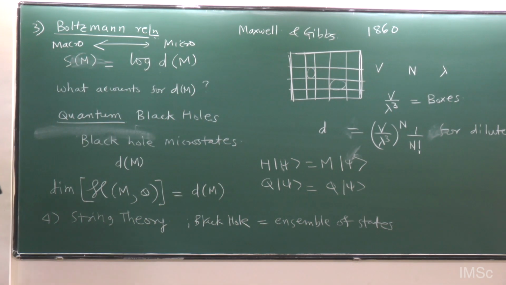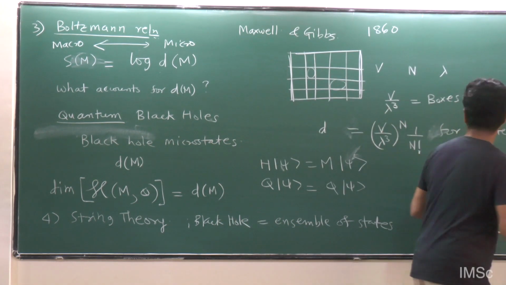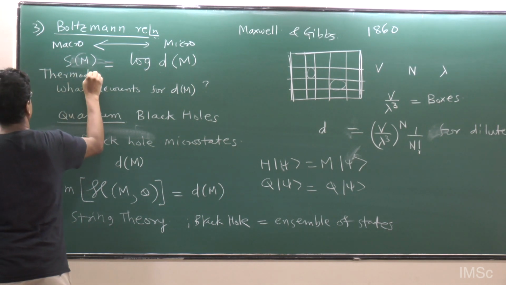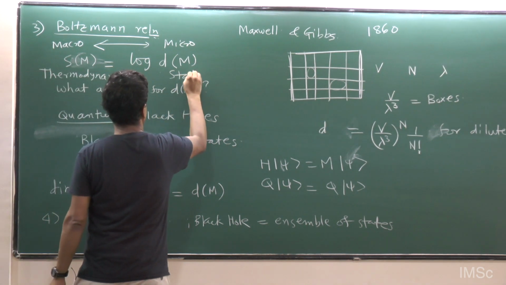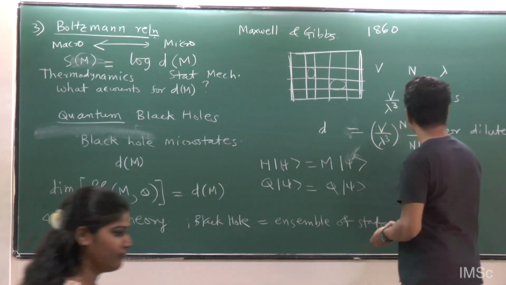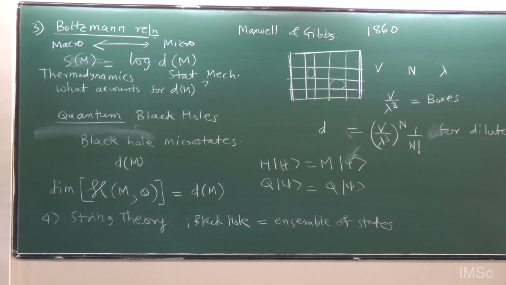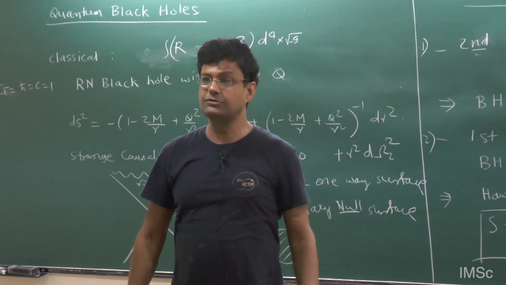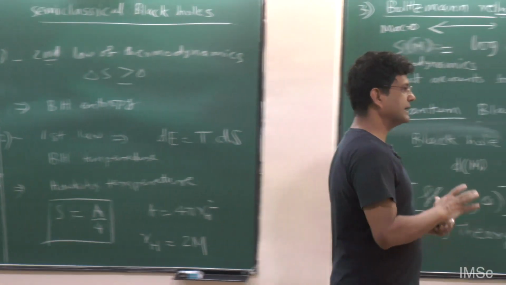And in some sense, string theory is in that kind of a state. We want to use the thermodynamic properties, so this side is thermodynamics, and the other side is statistical mechanics. We want to use the thermodynamic properties of a black hole to learn about the statistical mechanical properties of the black hole. And by that, what we aim to do is to learn something about the quantum structure of gravity and quantum space-time. So this is a kind of principled approach.